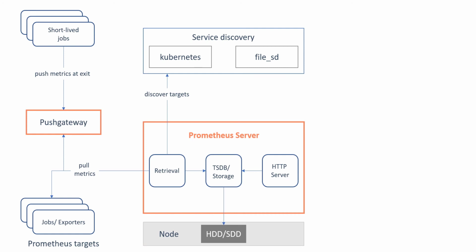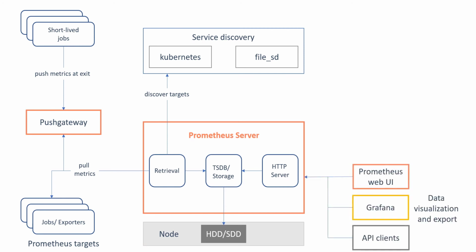Now let's move on and see what happens after the metrics are scraped and stored into the database. As already explained, after the metrics are stored into some local storage, these metrics are made available to the user. Using the Prometheus Web UI, you can request raw data with its query language, PromQL. Or out of the box, Prometheus also comes with a feature that can produce graphs and dashboards out of metrics. Also, you can integrate Grafana to create your own nice dashboards. Prometheus even gives you the freedom to integrate third-party API clients to do custom things with the stored metrics.